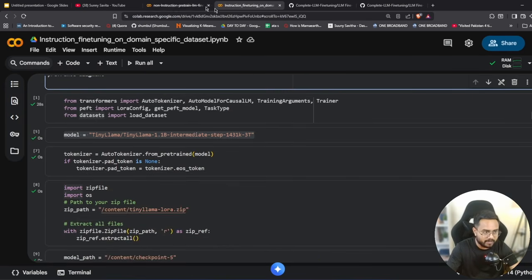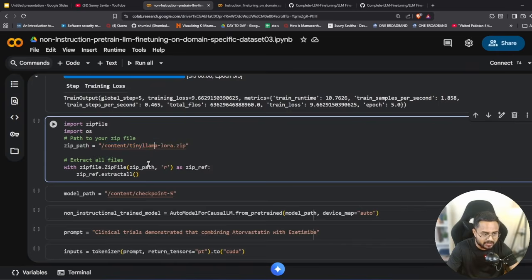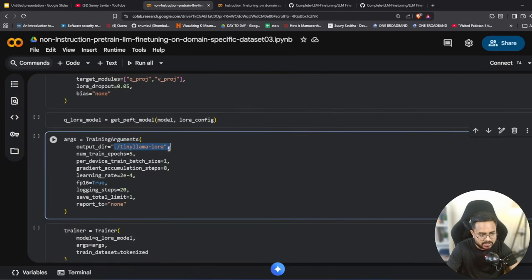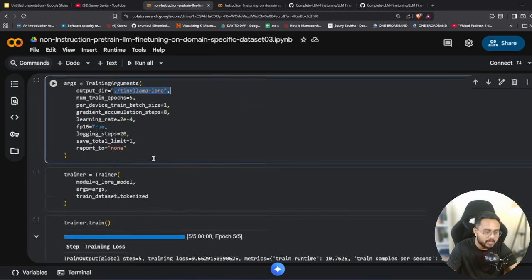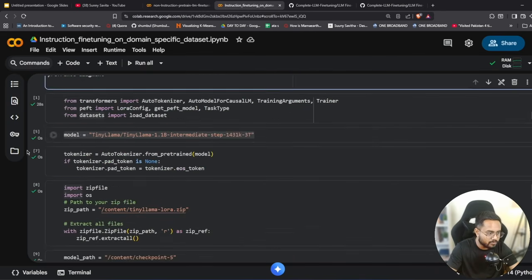So guys, when I was training this model, I already saved it. So let me show you. I already saved this model under this directory. You can check my previous video. Okay, I showed you over there. And what I did after that, I zipped the model. Okay, and I downloaded that so that I can use it anytime. So here what I'm going to do is